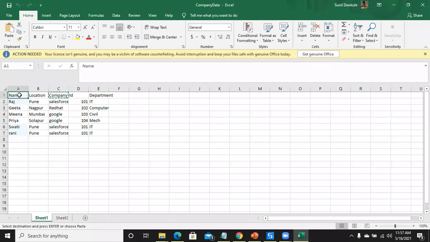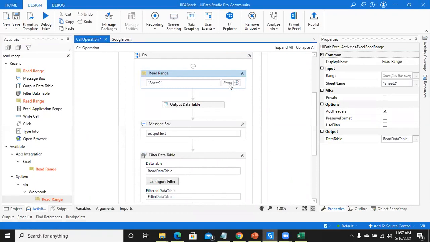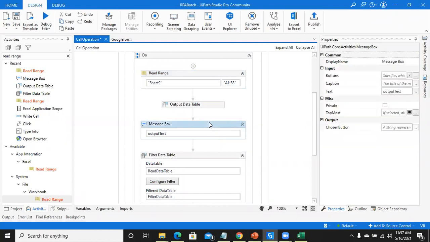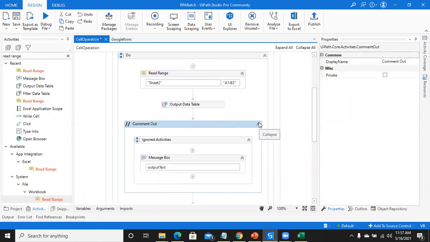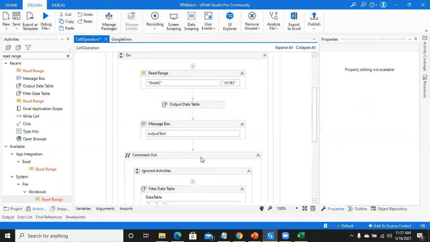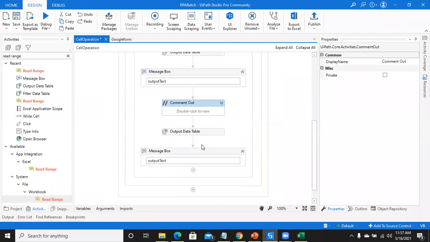For example, if you want to read just these 6 values, you can give the range as A1 to B3. In double quotes, you give A1 colon B3. If I give this range, let's see the output. I'll comment the other activity and show you what the output will be.